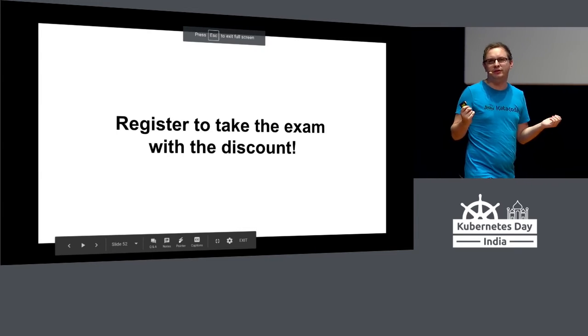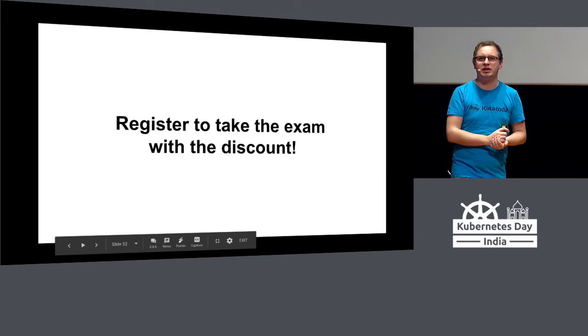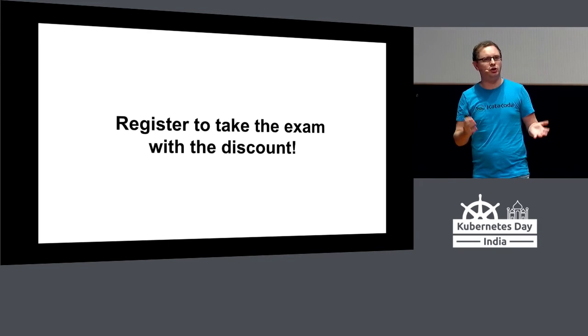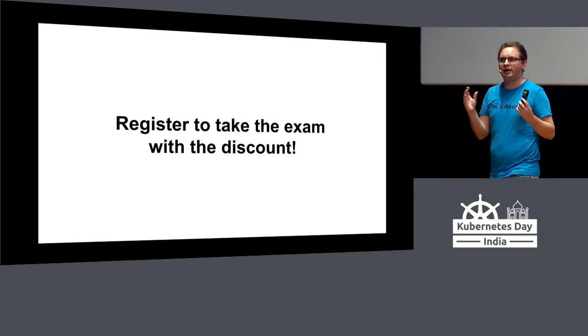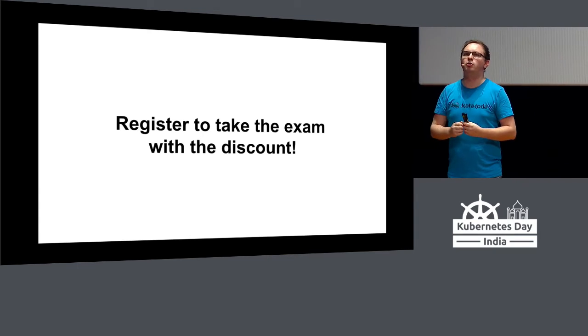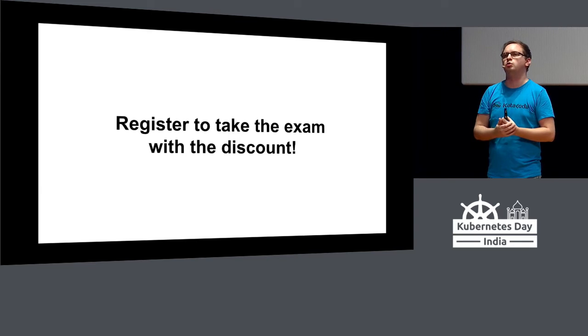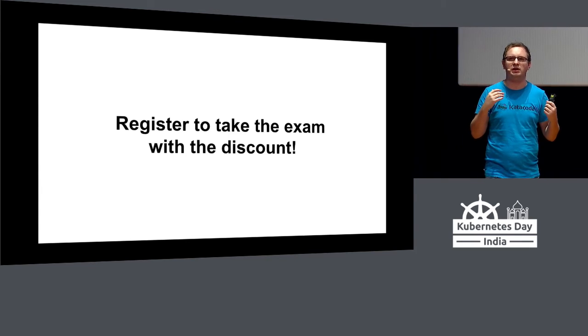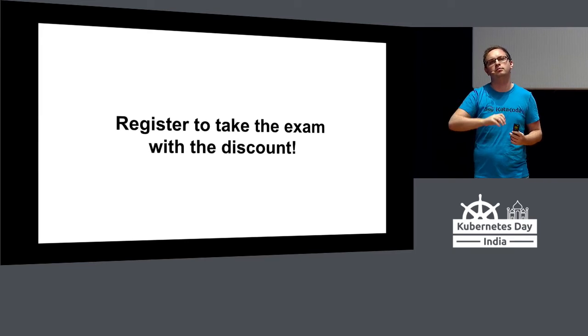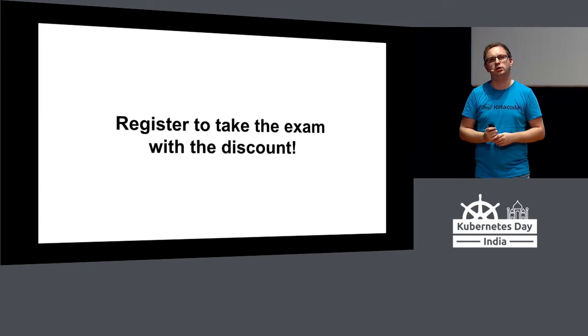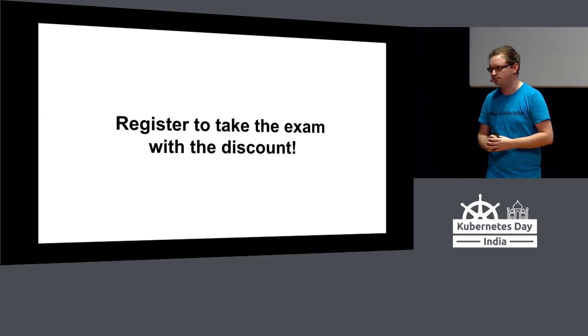Firstly, you need to register for the exam. You've got those 6 weeks that Dan mentioned. You'll get that email on Tuesday with a discount code. So make sure that you register and claim that spot in order to have some goal, something to work towards. It doesn't have to be this month, doesn't have to be this week. You could book it for 6 months' time, but at least you have something to aim for and something to work towards, plus you take advantage of that discount at the same time.